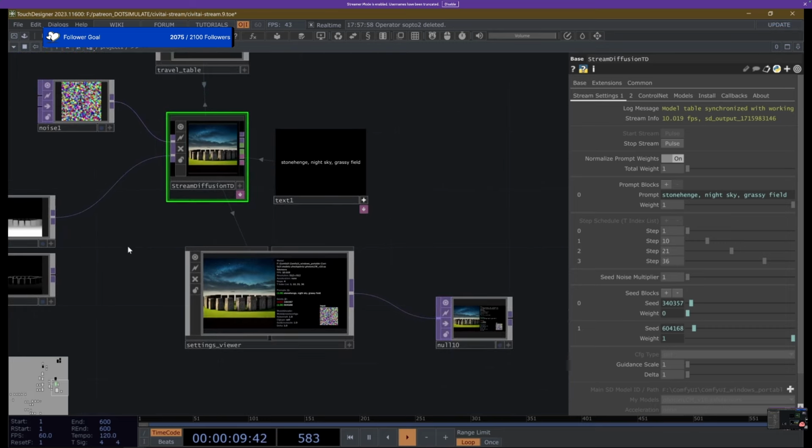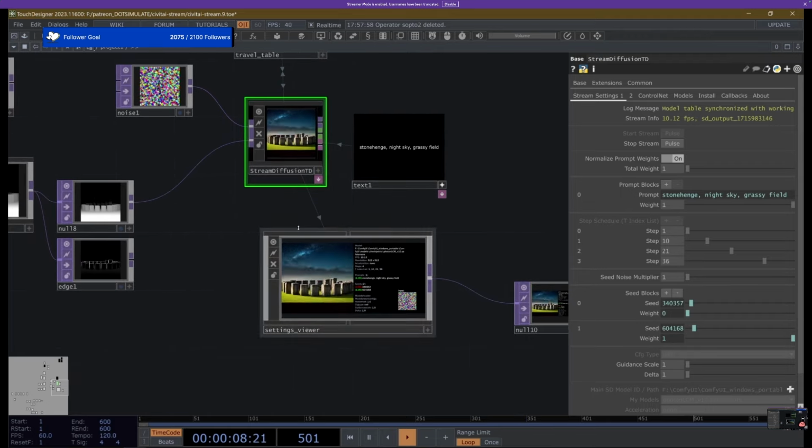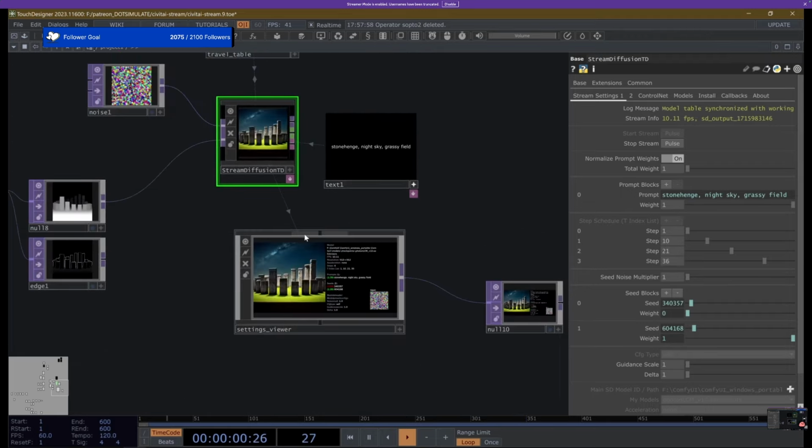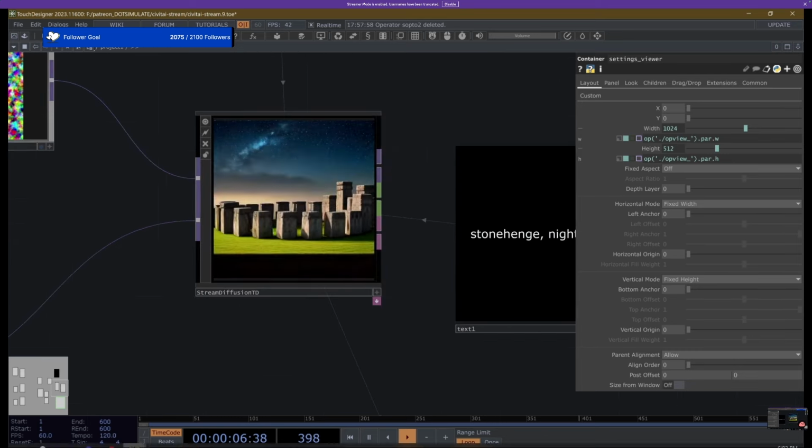And over the past 2 years, I've been making a bunch of tools within Touch Designer that are extensions of various GUIs and various other AI models, or just other real-time things. But what I'm going to show today is the Stream Diffusion TD plugin, which is based on,